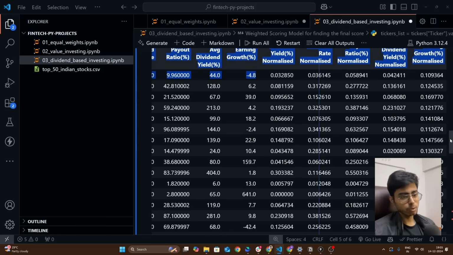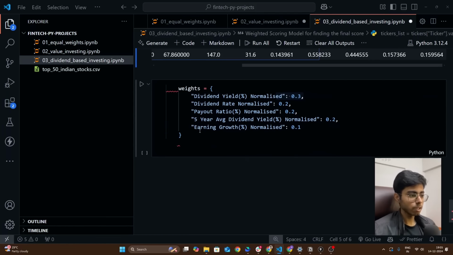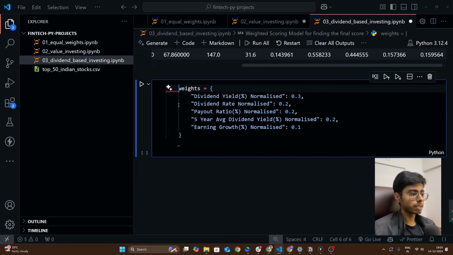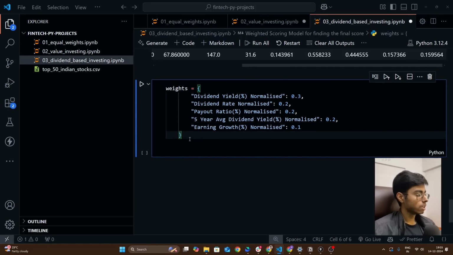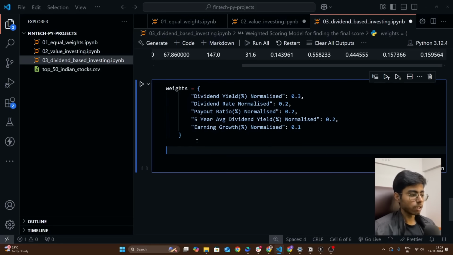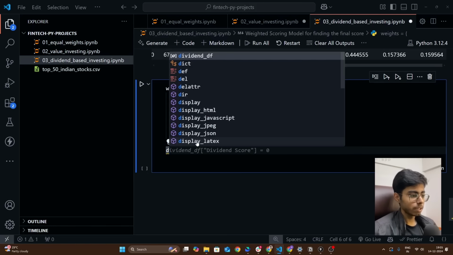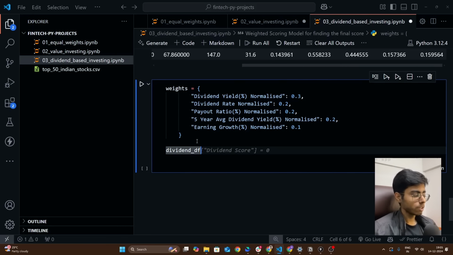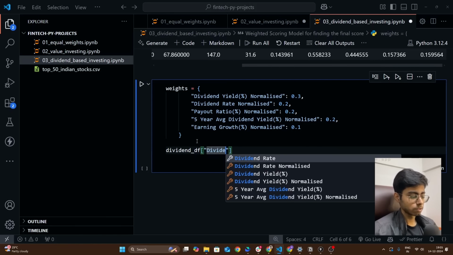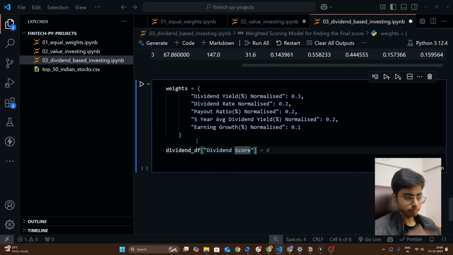And then we can use sorting. So these are my weights basically. Now I have to go inside these weights. We can directly use a normal one line function, which will be dividend df at dividend score. Let's call it dividend score, is equal to dividend df,